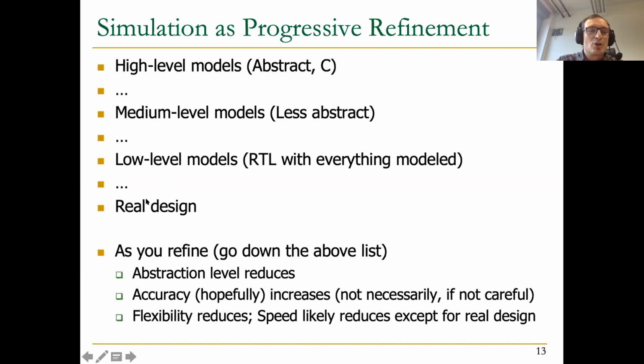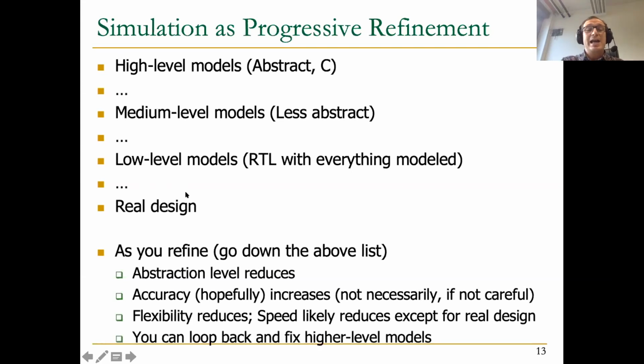But of course, maybe you don't care about that. I mean, you care about the speed of it, but you've lost the battle of simulation anyway once you went into the real design. You don't care about simulation maybe at that point, right? Okay, and as I said, you can loop back and fix higher level models. Once you have the real design, you can loop back and fix, and maybe sometimes actually you can have smaller feedback loops. If you have a good low level model, that's RTL, once you implement a block, you say, oh,